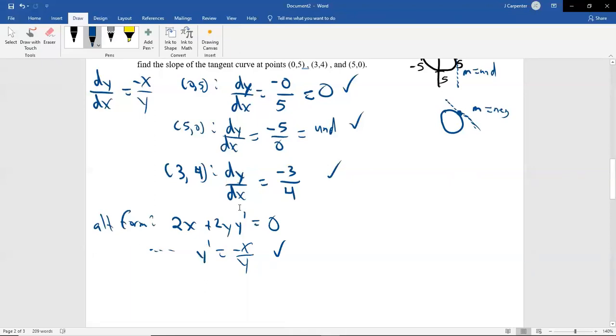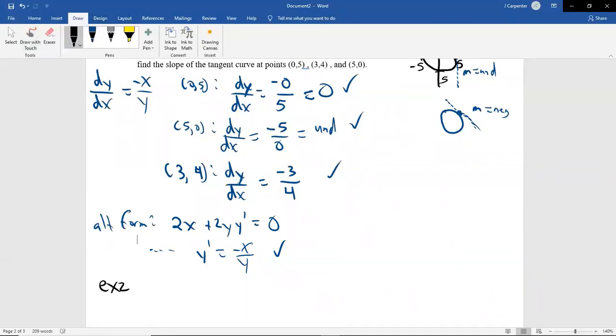But some people will goof up when they have a y next to a y prime and try to turn that into a y squared. Oh, there's a 1 implied here. 1 plus 1 is 2. No, this is not a 1. That represents a derivative. So make sure you're using the notation that you're comfortable with. I don't care which notation you use. I only care that you are comfortable using it. So make sure you know which one you're comfortable with using.